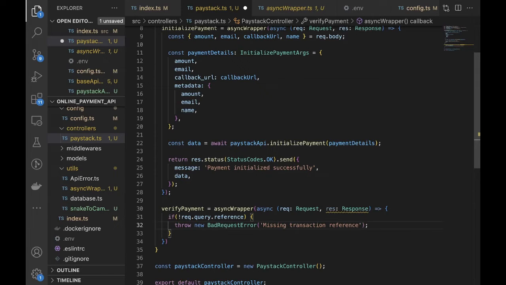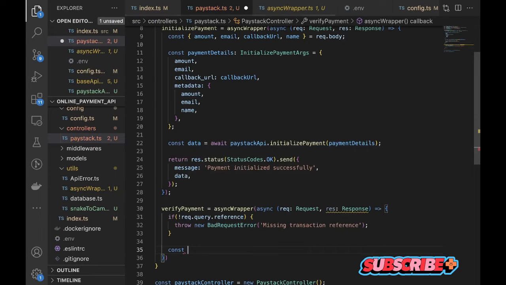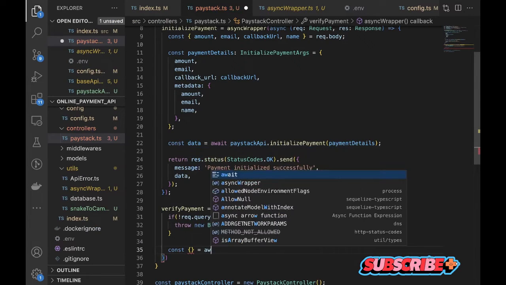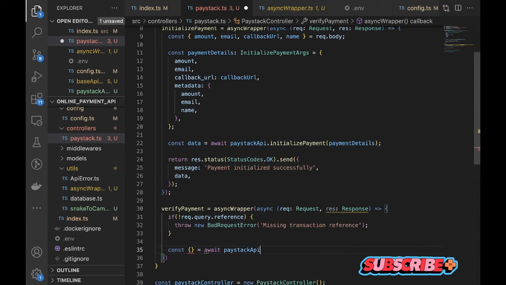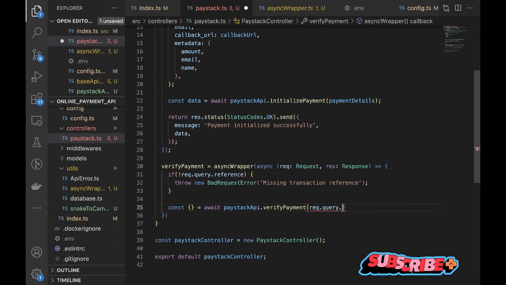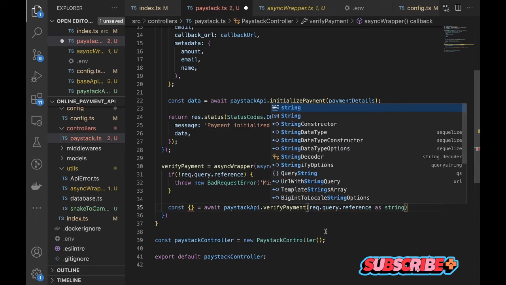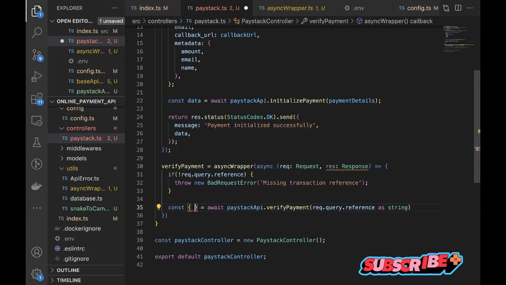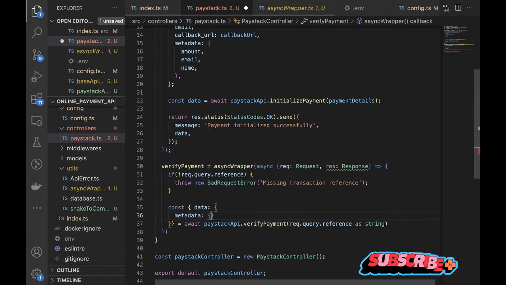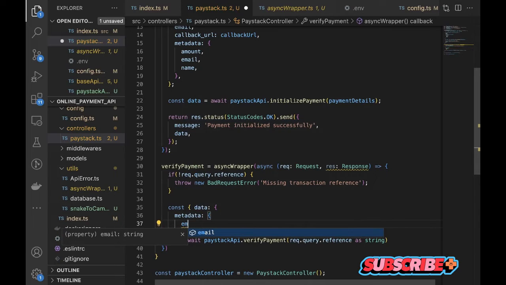Yeah, so that will be the error we'll return. So next, go ahead and make a call to the Paystack API and destructure the response data. So if we have our query reference, we can actually destructure this await paystack API dot verify payment request dot query dot reference as a string. So here we can destructure our data out from the metadata and get the email,